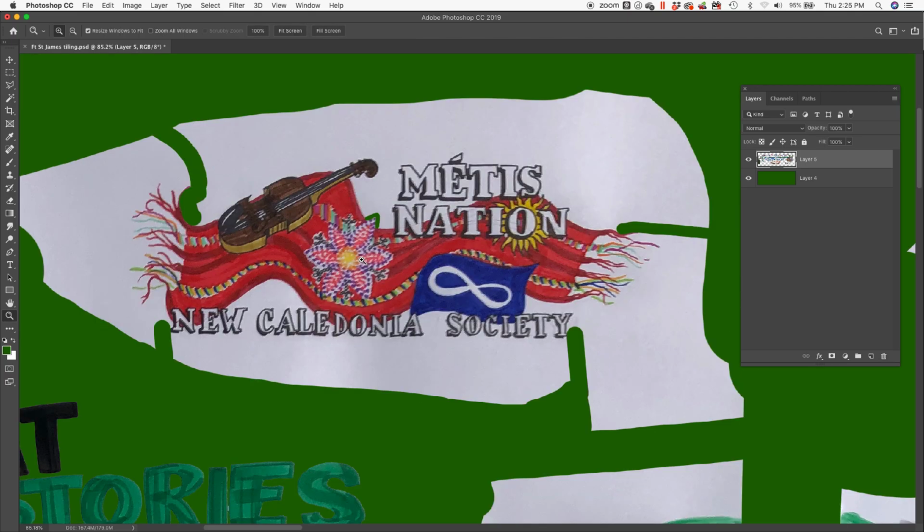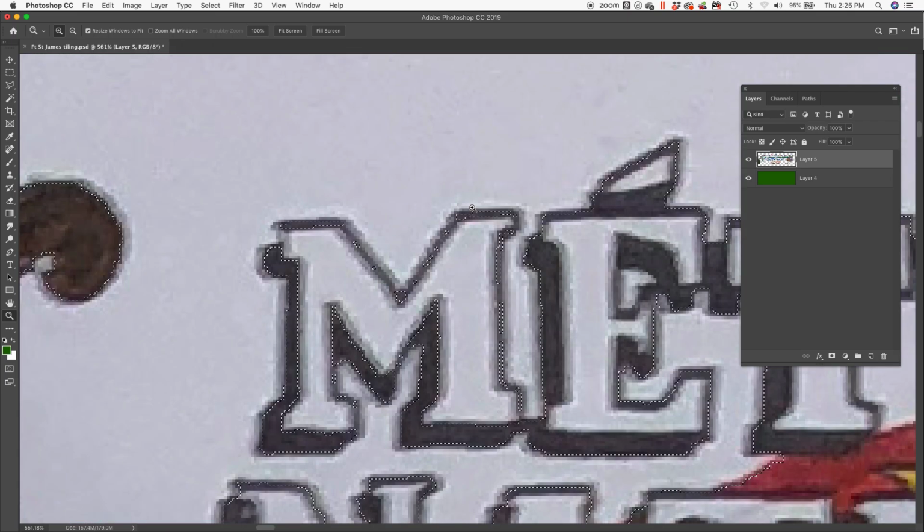So let's go back in here, grab the wand, set for 88. Now let's try it and see what it does. That's what I wanted to have. Oh, look, it jumped into the M too. Dang it. How did it get into the N? It jumped over this. Well, what I could do is use the eyedropper tool, select a slightly darker gray, and then just